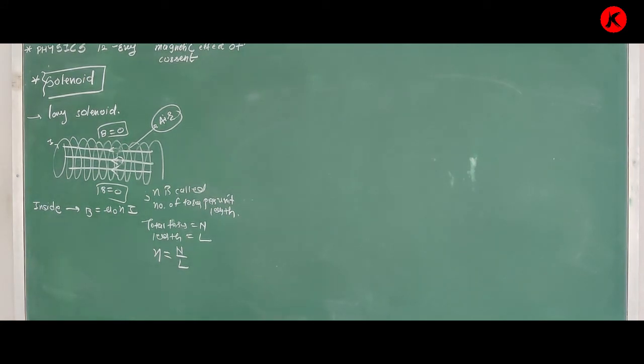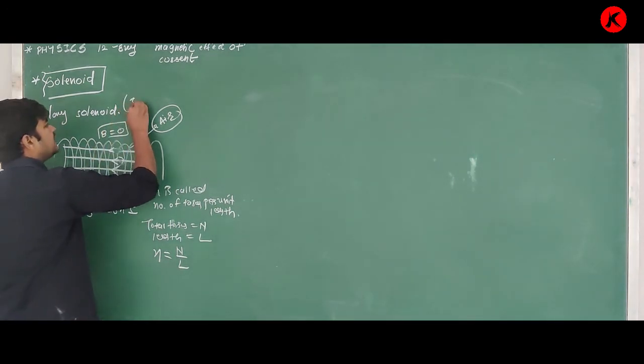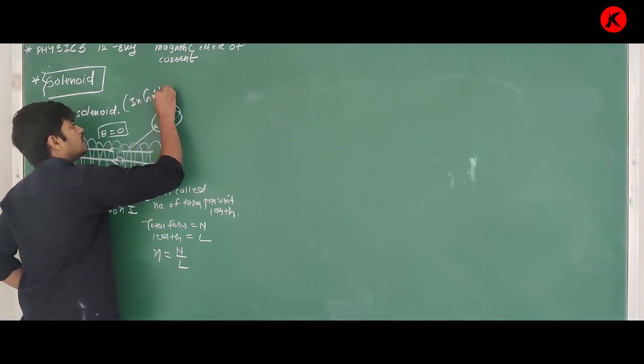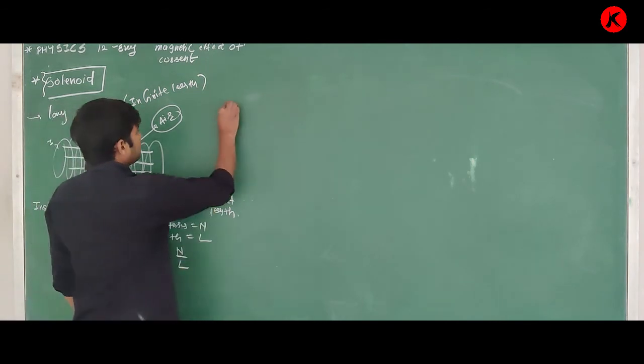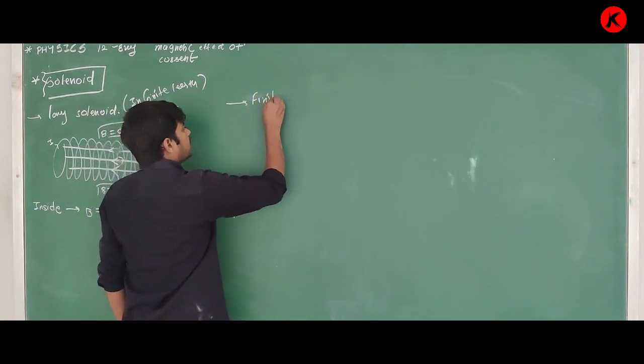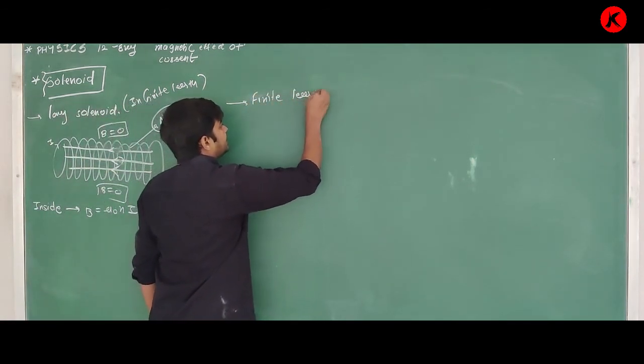So yes, remember this equation. What is the equation of magnetic field? Outside, the magnetic field is 0. Inside, the magnetic field is mu 0 n I. You can say this long solenoid is of infinite length. Yes, you can say it is of infinite length. But if you are given one solenoid of finite length,